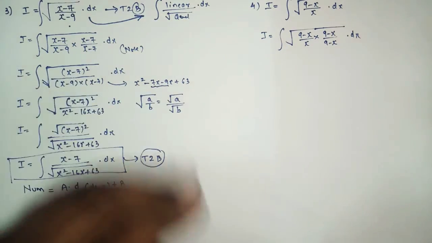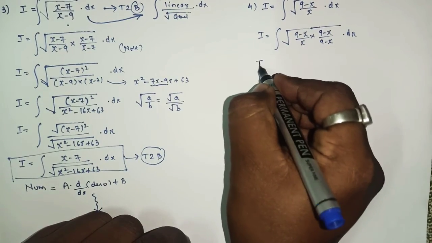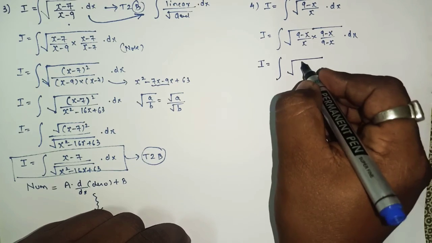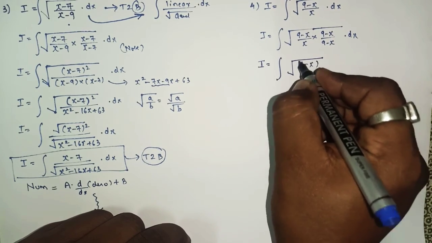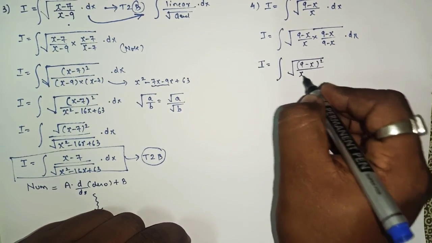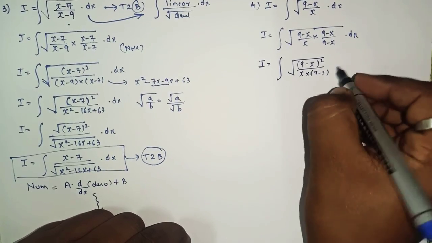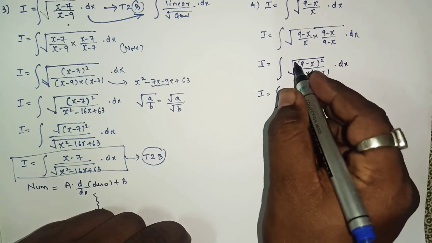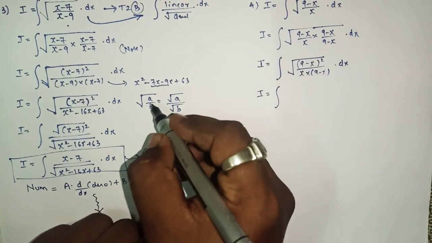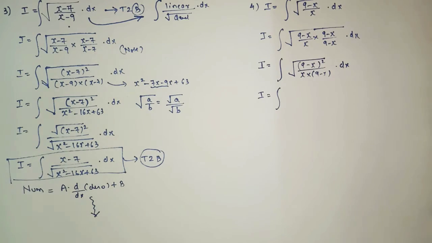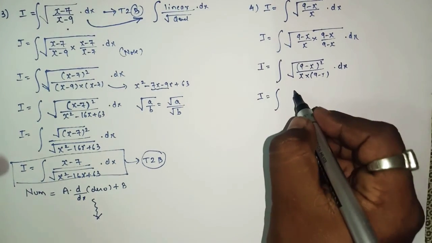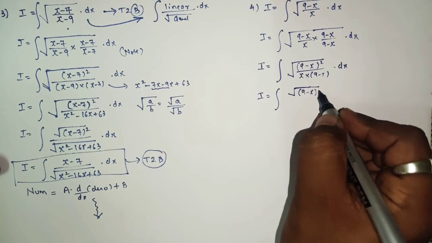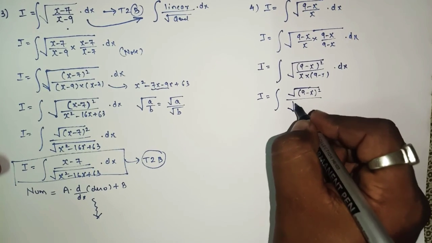Okay, so here we have one more sum. Here you will do the same thing. 9 minus x, 9 minus x, it will be 9 minus x the whole square. Here we have x into 9 minus x into dx. As per the rule, here we have a root. Inside the root we have two terms in the numerator and the denominator. We can separate the numerator and denominator, yes or no? Because the orders are the same.